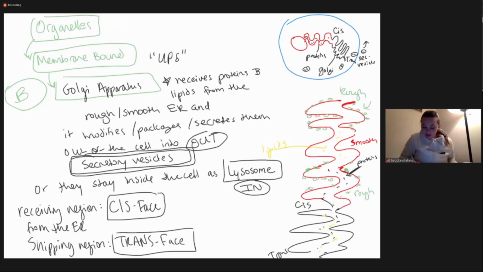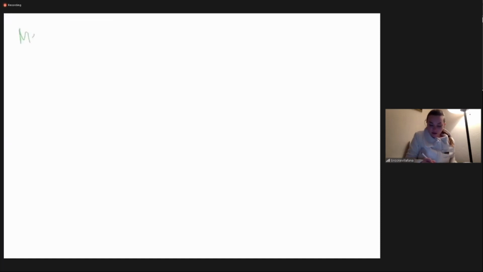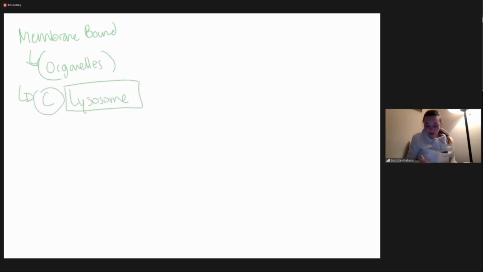So the next one is actually lysosome, right? So our next membrane-bound organelle is the lysosome. So again, where does the lysosome actually come from? It comes from the Golgi. So what is its function? So membrane-bound, these are organelles in the cytoplasm, right? This one is the third type we've talked about. It's the lysosome. And where does it come from? Comes from the Golgi